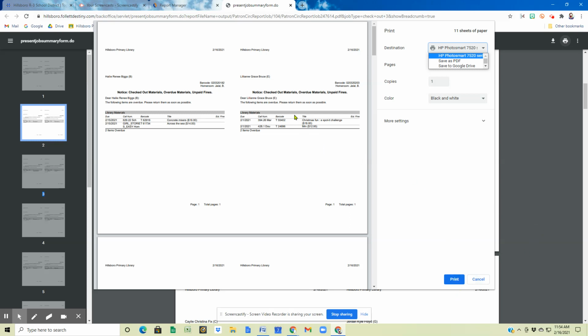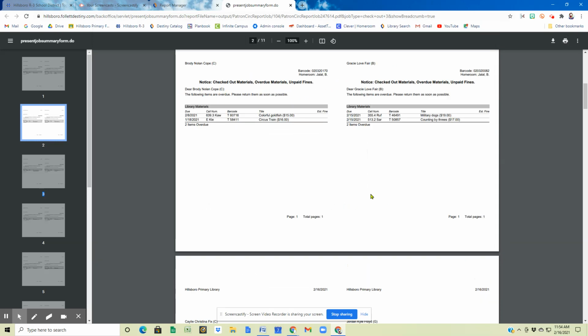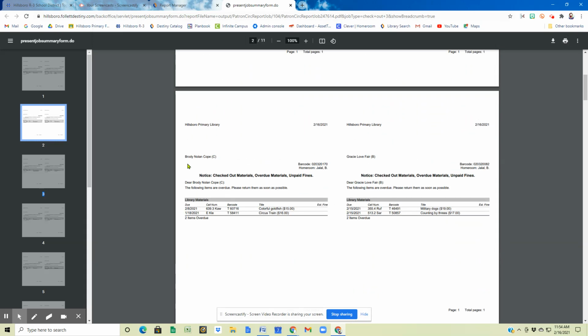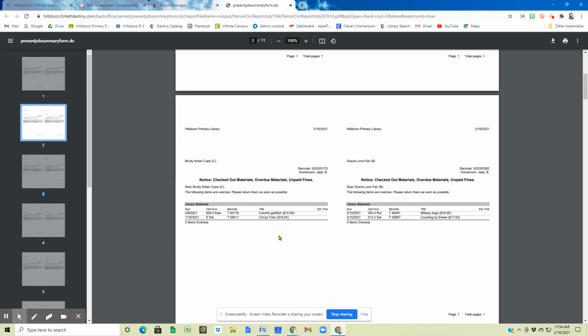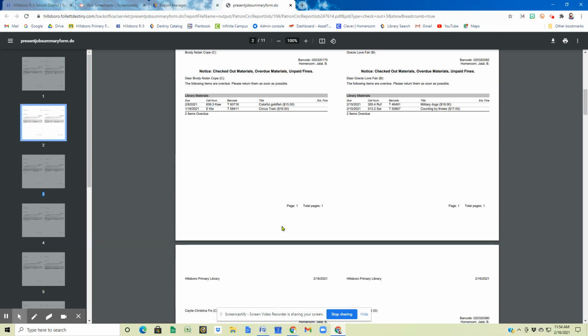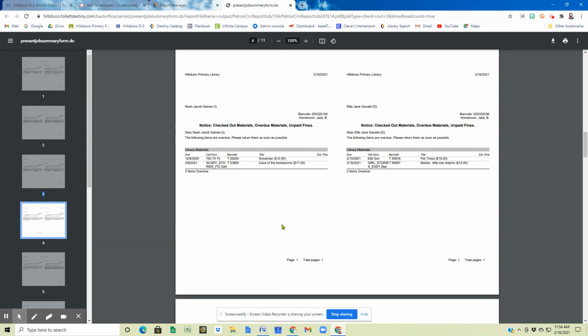Now, when you go to read the notes to the students, cancel out of here, you'll have notes like this. Their name is right here, Brody. Brody, you have 2 books out. Sorry, bud, you cannot check out. Go get a magazine. If you have somebody who has just 1 out and they're a first or second grader,